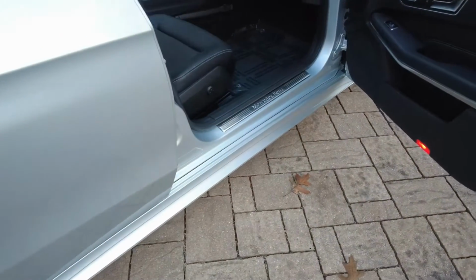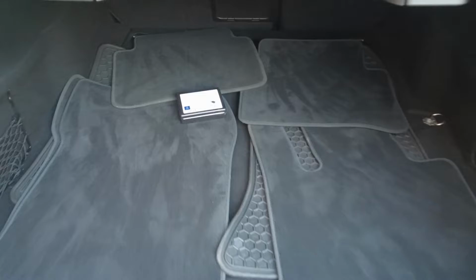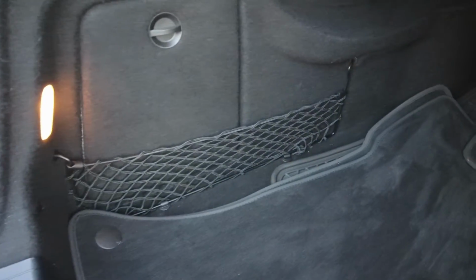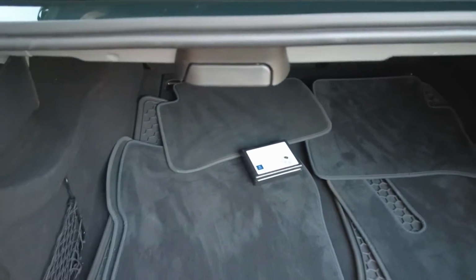So now let's take a look in the trunk. So we can see we have the original carpet floor mats, all in great shape, freshly detailed. 12-volt outlet back here. You can see all the trunk carpet is really in fantastic condition. And the rear seats, they do fold down and they are split. You can see the split there, the 60-40 split. And there's even the original wheel lock case there. And you can see the rear seats are folded down by these levers here. So very practical,